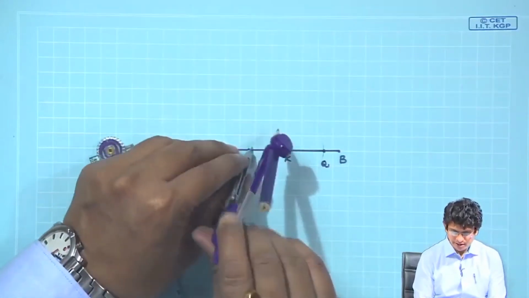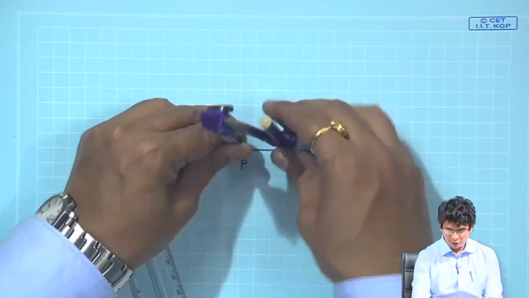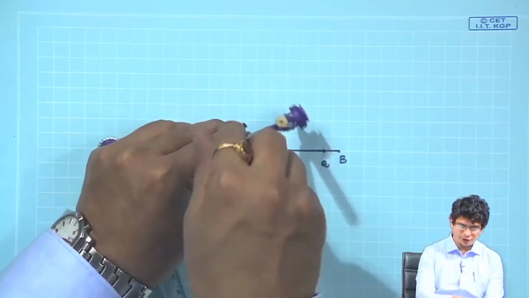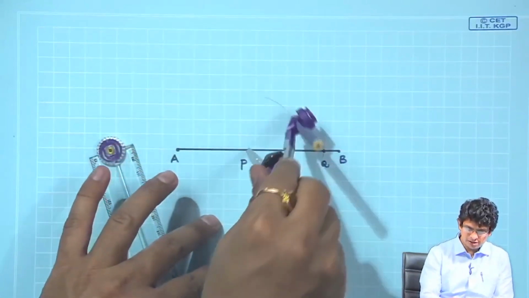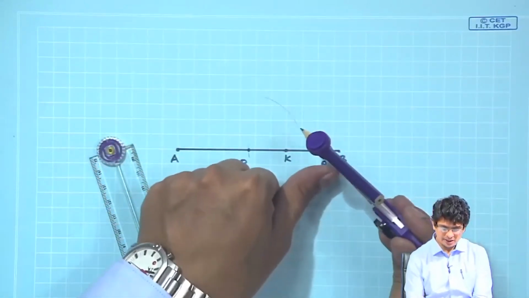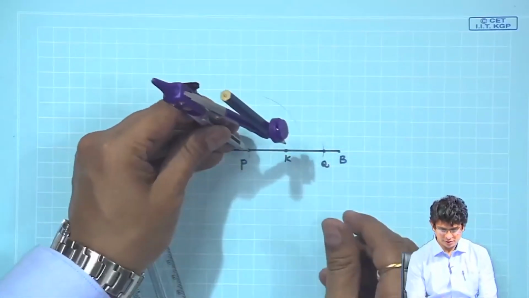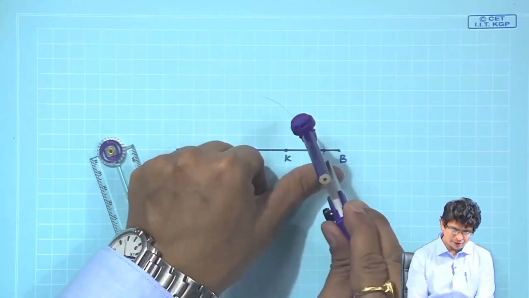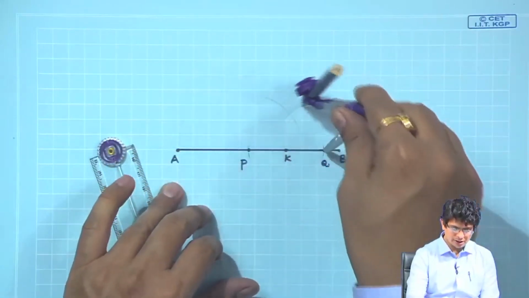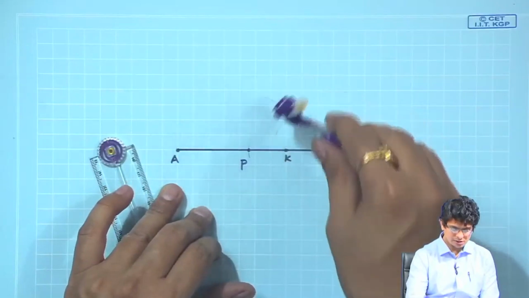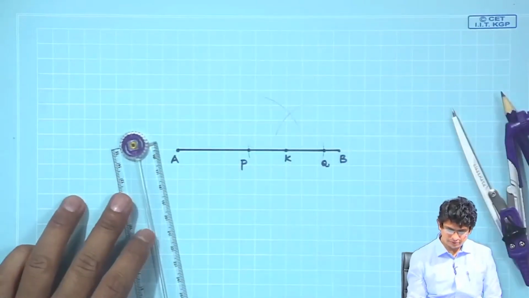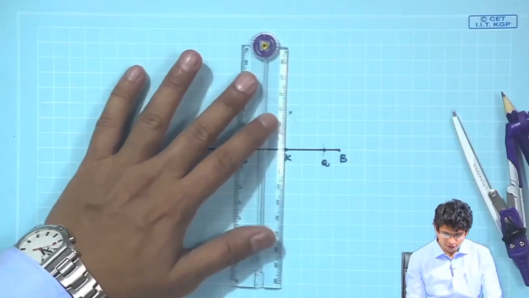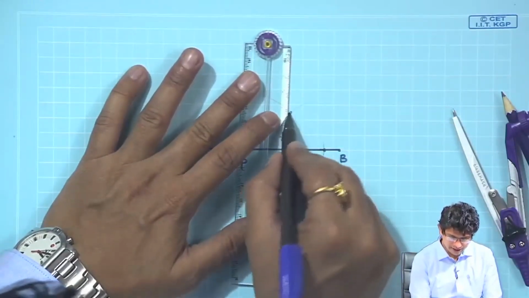Now, from P, a distance I have to pick greater than Q to K. This is the one I am going to pick. Draw an arc. Similarly, from Q, draw an arc. Mark the point. Now, join Q and K,